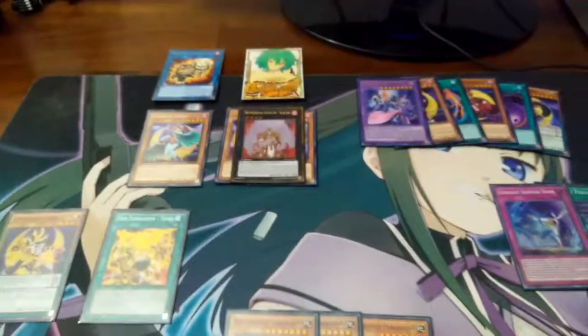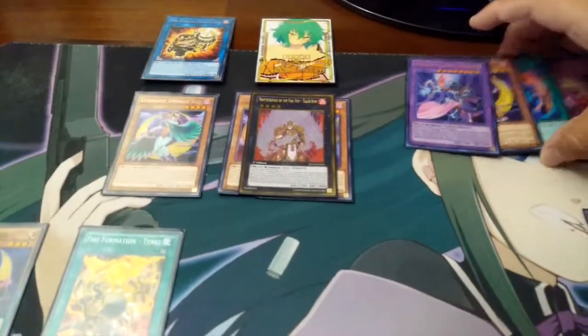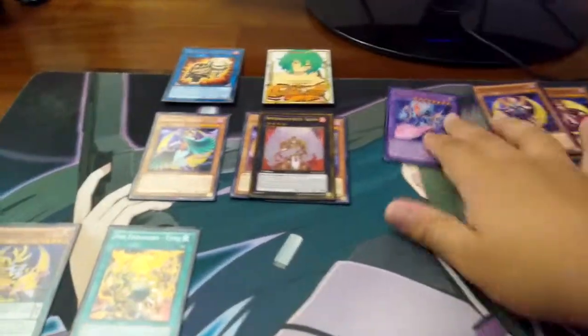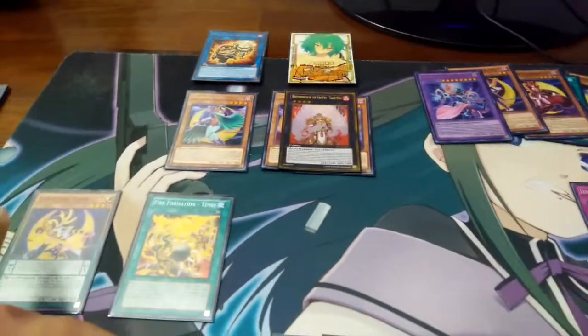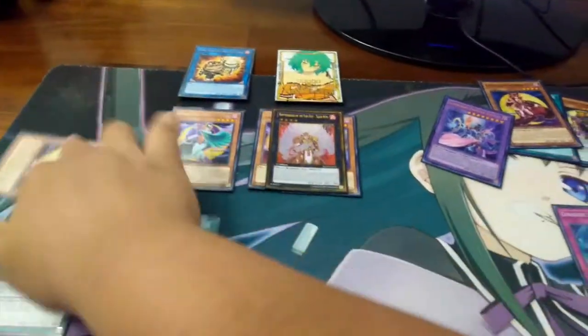Next turn... Because if you're using this for a first turn type of thing, they have to go over a monster that cannot be destroyed by battle. And if they try to target it, you just negate the effect. A 4,100 attack monster, and then a monster that if they destroy it, you just gain back a resource. So, moving on to the combo